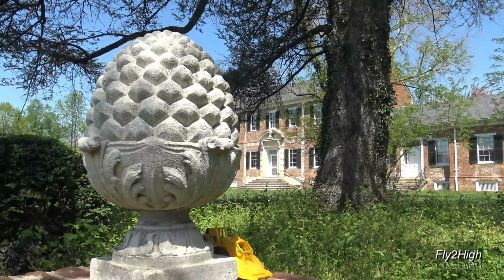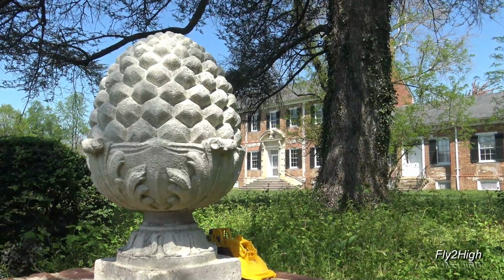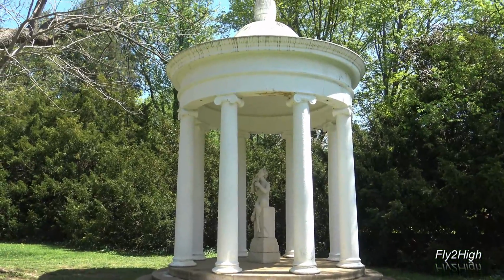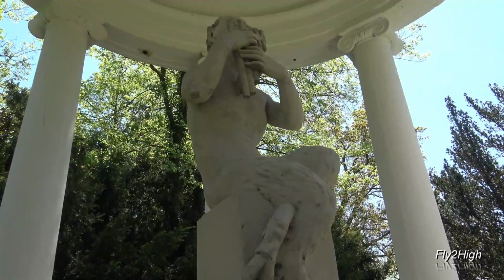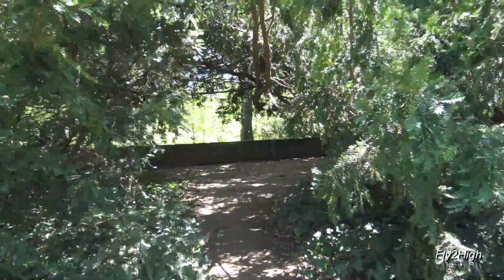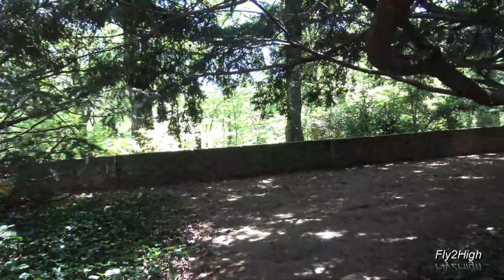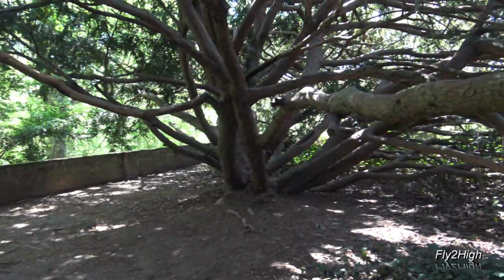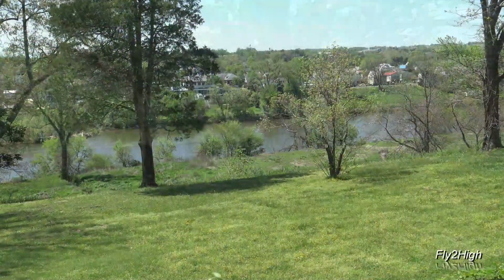I've moved around to the back side of the home, the side that faces the river, which was originally the home's front. I find signs of the early 20th century upgrades. And I found this sort of hidden alcove that goes back into the hedge line. It looks like it might lead out toward the river. Sure enough,